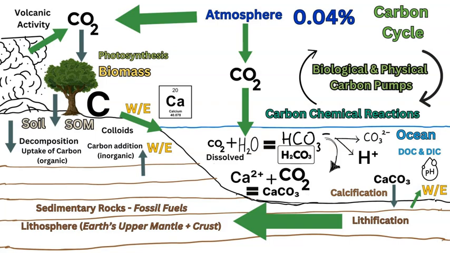And this would be from the decomposition of organic material, the biomass, and also the transfer of carbon through the breakdown of rocks and minerals, which form the basis for soil. That can occur through percolation of water, the breaking down through chemical weathering of the minerals, and the leaching of nutrients and carbon from the topsoil down to the subsoil, the B and C horizons, for uptake through plant roots